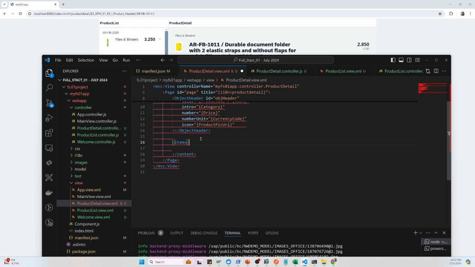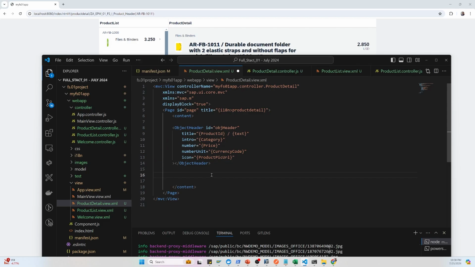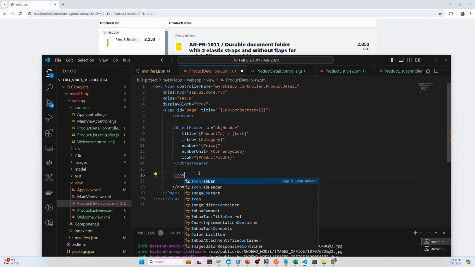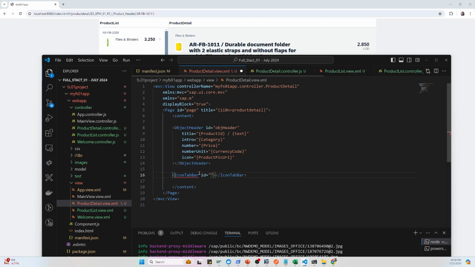So here, basically that object header, so we need the parent here. So the icon tab bar id, whatever it is, then we can use that. Now we can use item. So here inside that item, what we have to do,